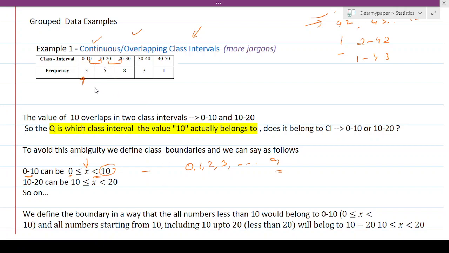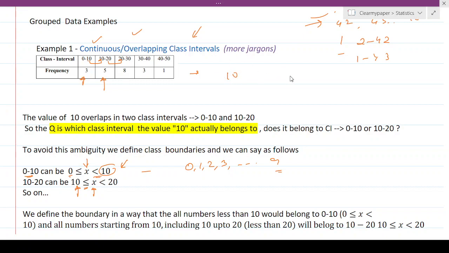So if a student has got mark 10, he'll always be counted in the boundary where 10 is the lower limit. In this case, the value of x, which is the student's mark, satisfies 10 is equal to or less than x. That means if a student has got marks 10, he'll be included in this interval and not in the other. That's the first way you eliminate the ambiguity on where to count the mark if a student has a mark on the overlapping boundary of, let's say, 10,